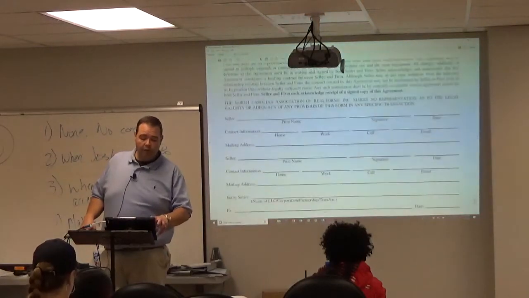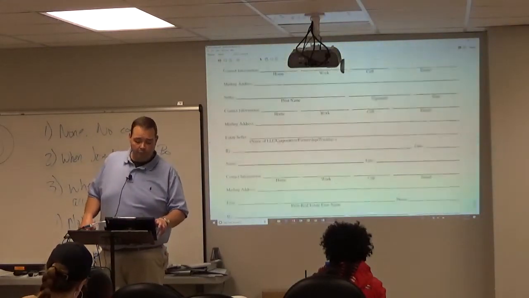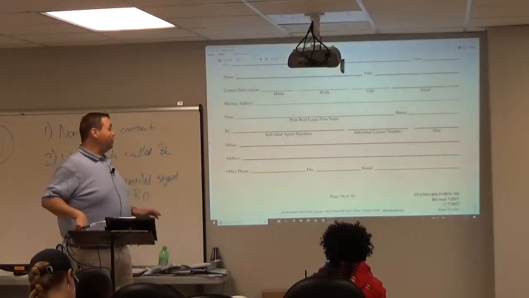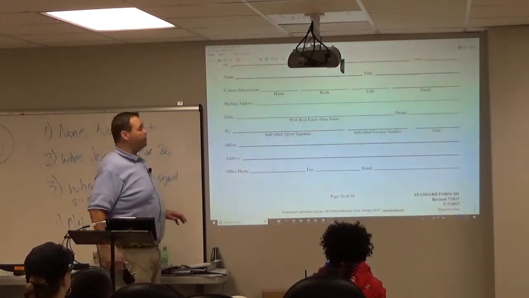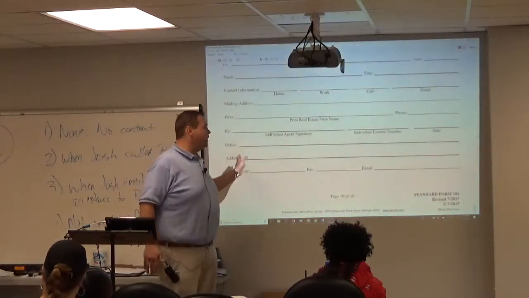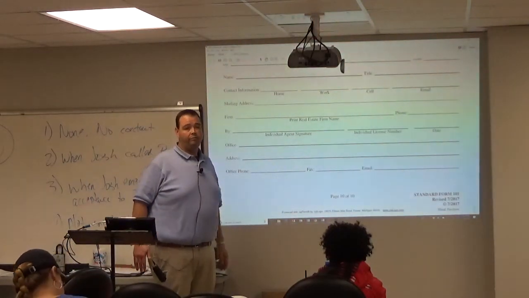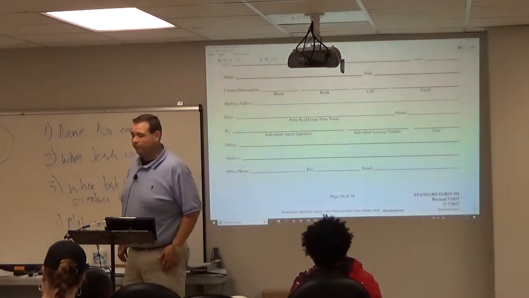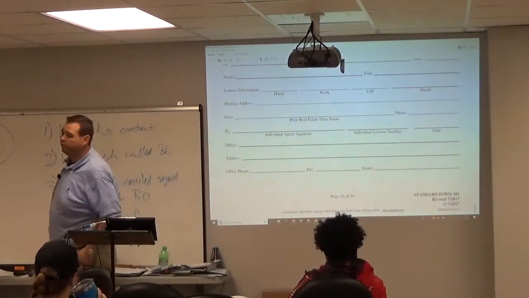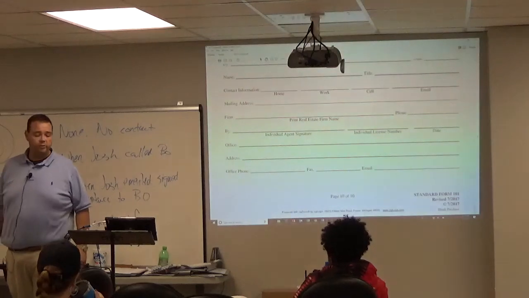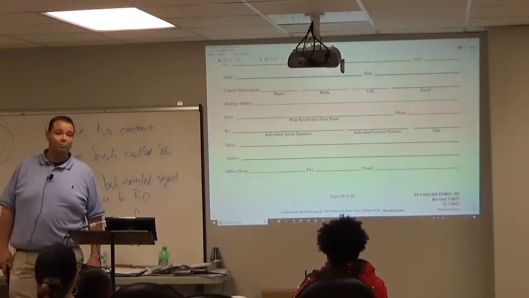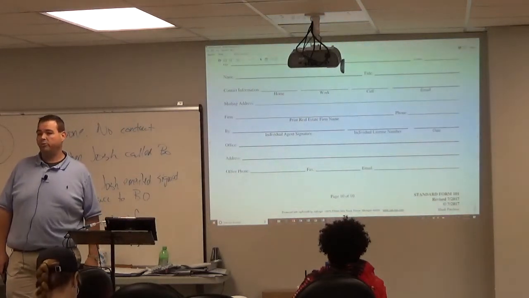Everybody signs. Now, one thing you need to remember, and on the signature page, I'll show you this. From now on, anything you sign as a real estate broker, you're always going to put your name and your license number on it. You'll be issued a license number, and from that point forward, every time you sign something as a real estate broker, you put your name and license number. The reason they have you do that is because your name could change, but your license number never will, and they won't be able to track you down.